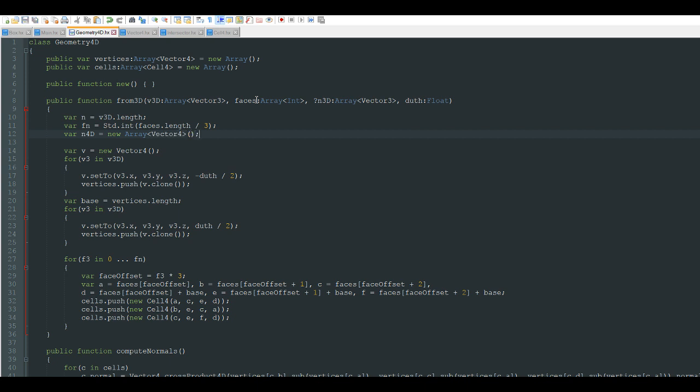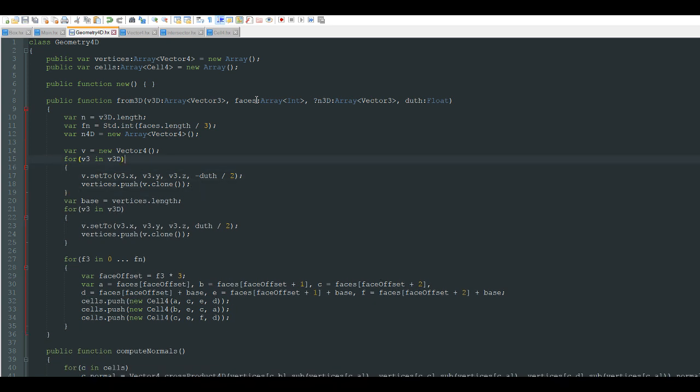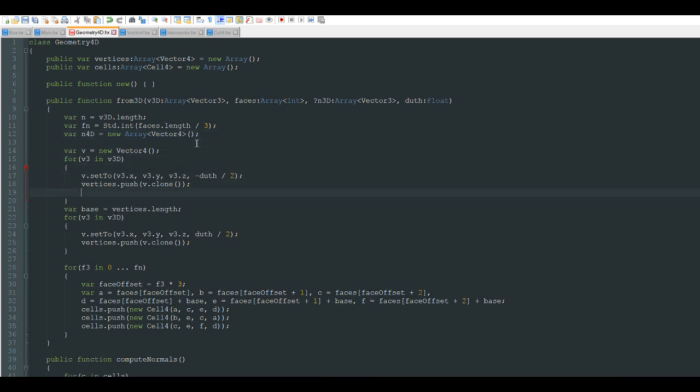It's going to hold all the 4D normal vectors, and we're going to push things into it. It's going to have one per vertex. So yeah, if n3d is not null, basically. If n3d is not null,